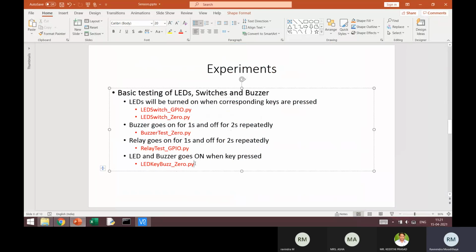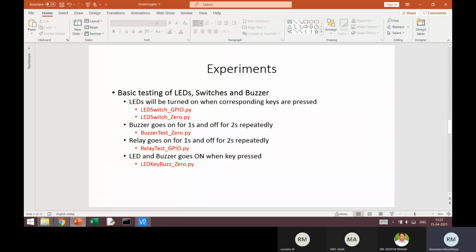In fact, the reason why I have made these different codes is that I'll require this kind of working in other experiments. When I am working with a sensor, I want the sensor to be read upon pressing a key. So how to detect that a key is pressed, how to use the key press as the trigger, and then how to read the corresponding sensor. That's the reason why I have included all these combinations. So let's start with our first code.